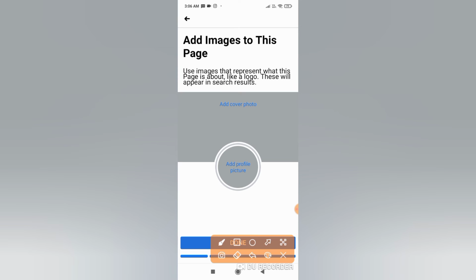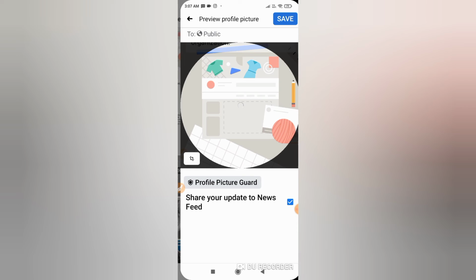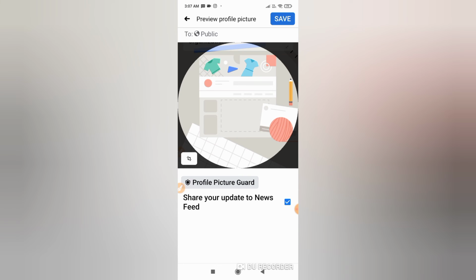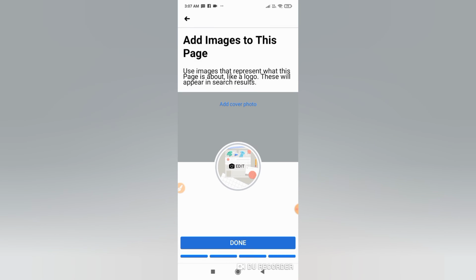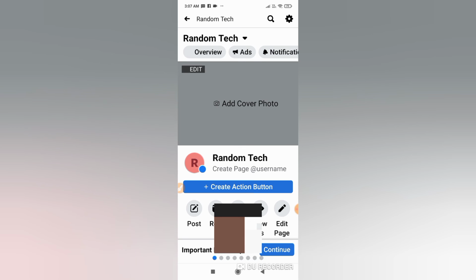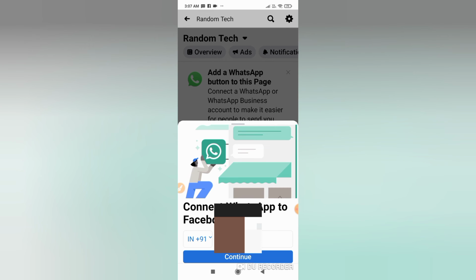So if you want to add a profile picture to your page, then just tap on this add profile picture, and then you can just randomly select one photo here. Okay, I will select this and click on the save option on the top right corner, and then here you can see click on done, and you just need to wait for a while. And as you can see here, just click on continue,